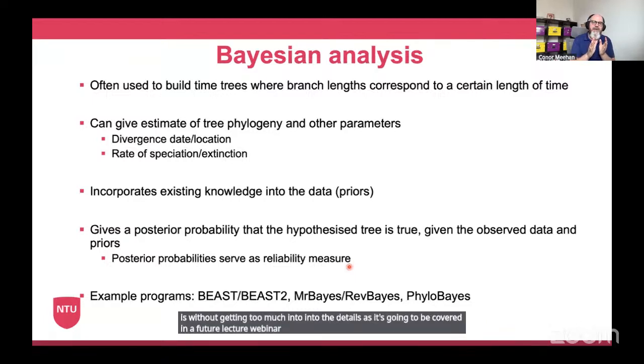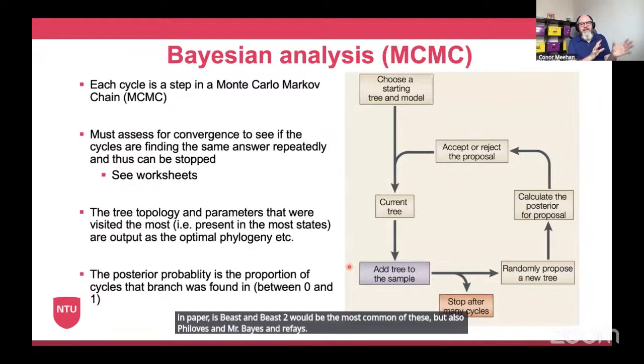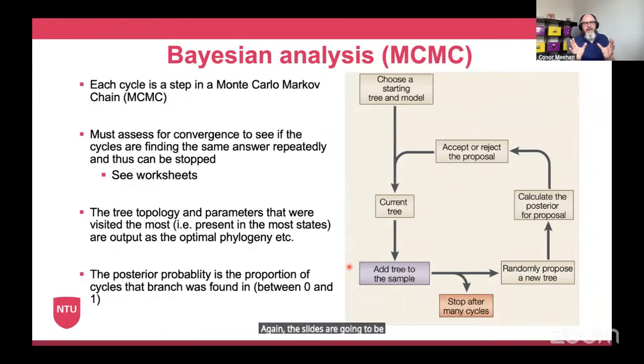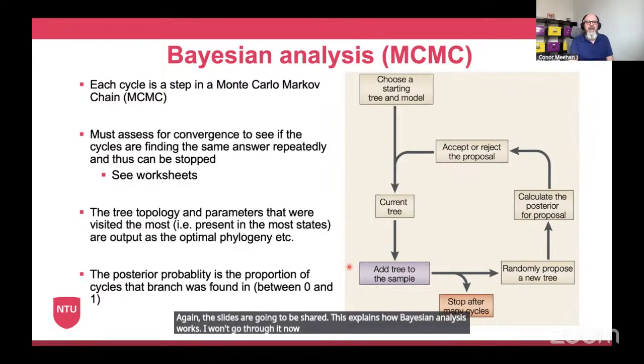But some example programs, if you're seeing these in papers, BEAST and BEAST2 would be the most common of these, but also PhyloBayes and MrBayes and RevBayes. Again, the slides are going to be shared. This explains how Bayesian analysis works. I won't go through it now, so we leave time for questions,